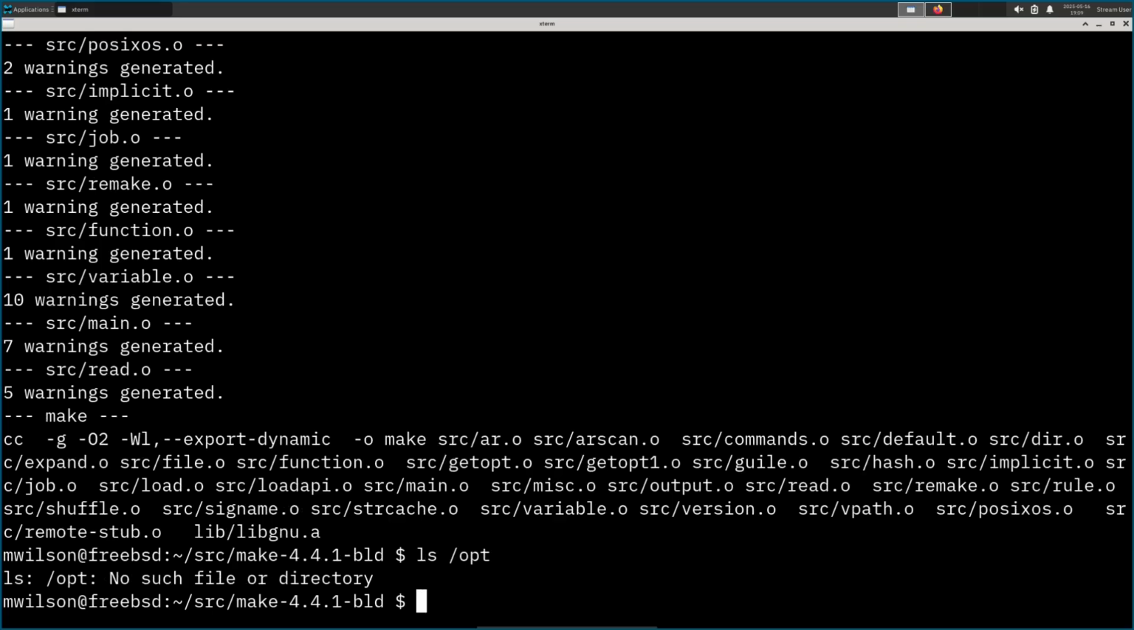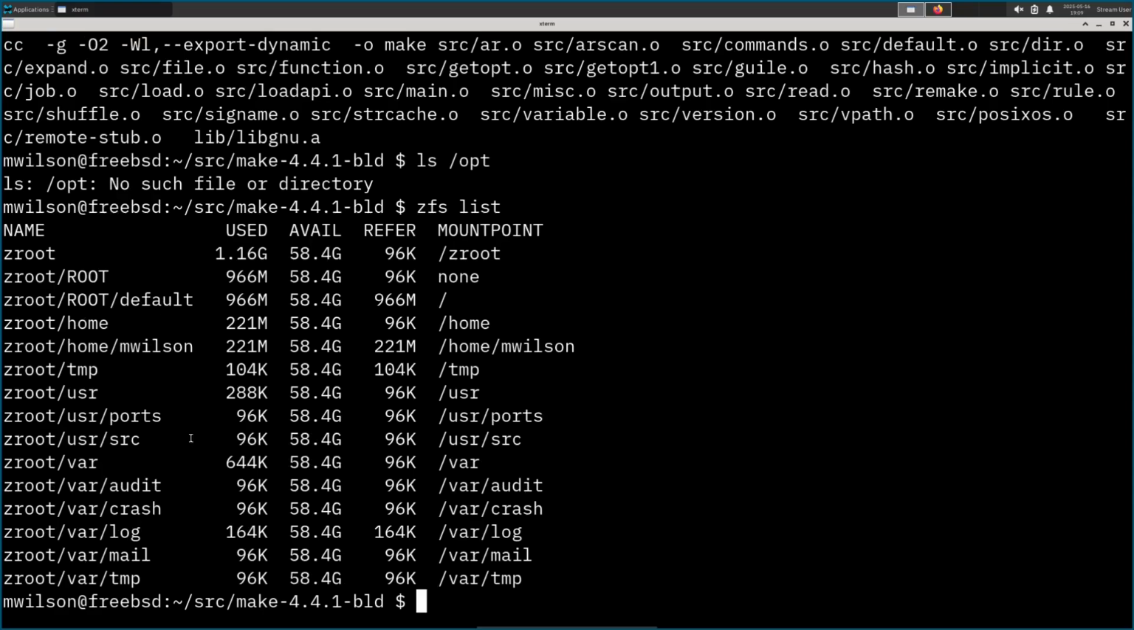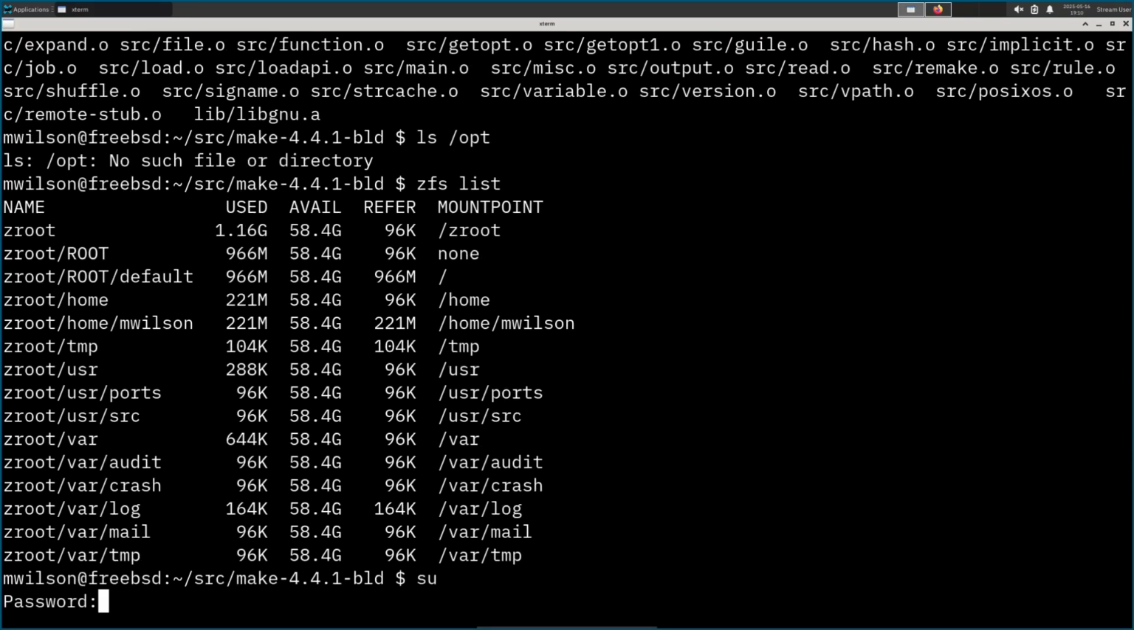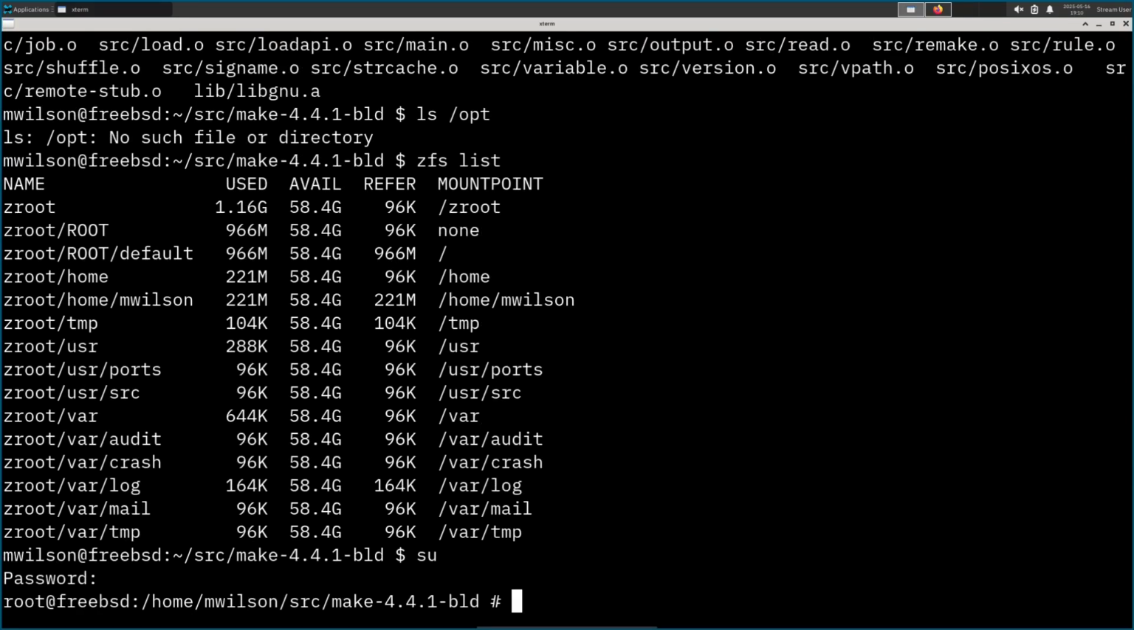Now, because there isn't even an opt directory by default on FreeBSD, what you would probably typically do is make a new ZFS file set for this. And in fact, why not? I need to become root anyway, so let's just use su. Let me zfs create,